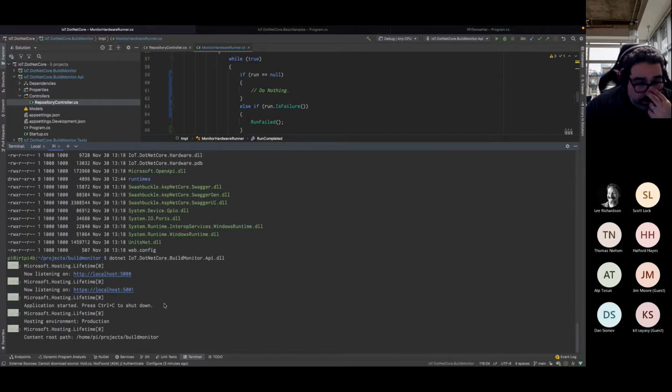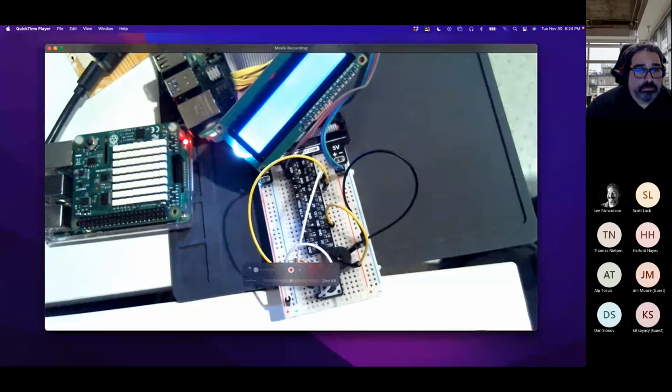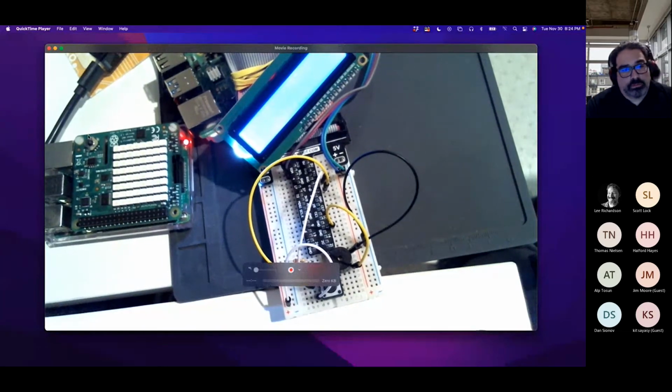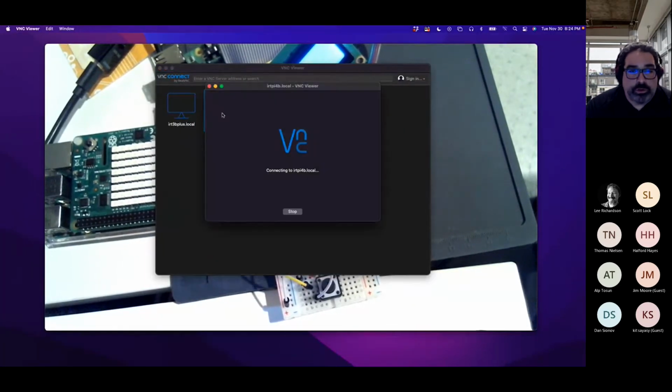And there we are. So obviously this is only available on localhost. One of the things I would recommend if you want to try this for real, as in hooked in with GitHub and all, is to use a tool such as ngrok to port forward those local ports and make them available on the internet. So now that this is running, let me go back to the VNC viewer that I had on earlier.